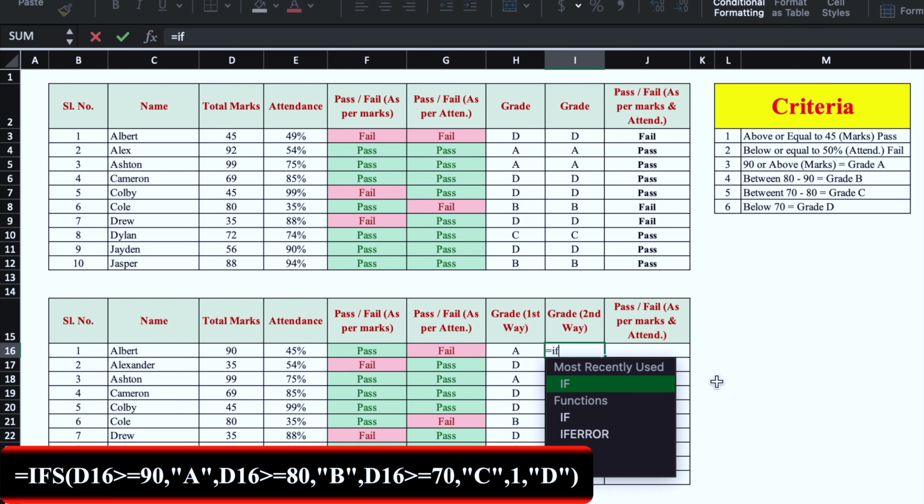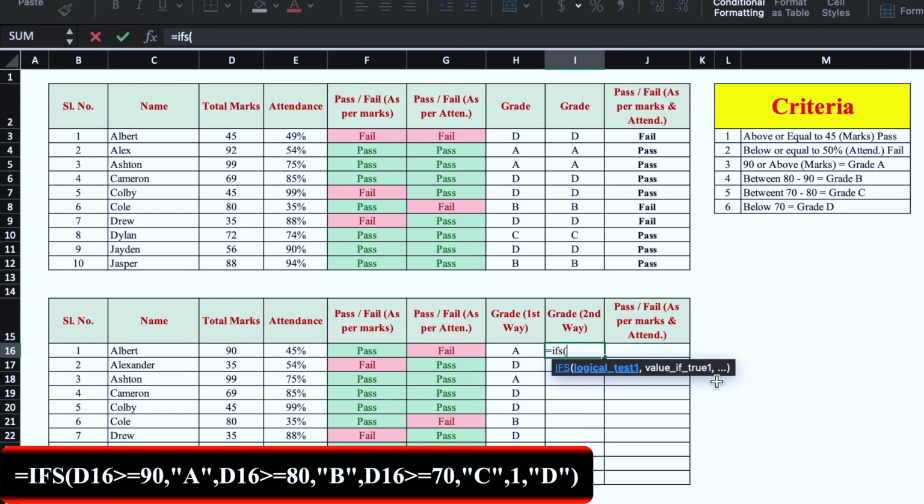The formula will be equal to IFS. This time we are going to add S with IF, which means: IF, bracket open, logical test, marks is greater than or equal to 90, comma, double inverted commas A, close, comma. We will select marks once again, is greater than or equal to 80, comma, double inverted commas B, close, comma,